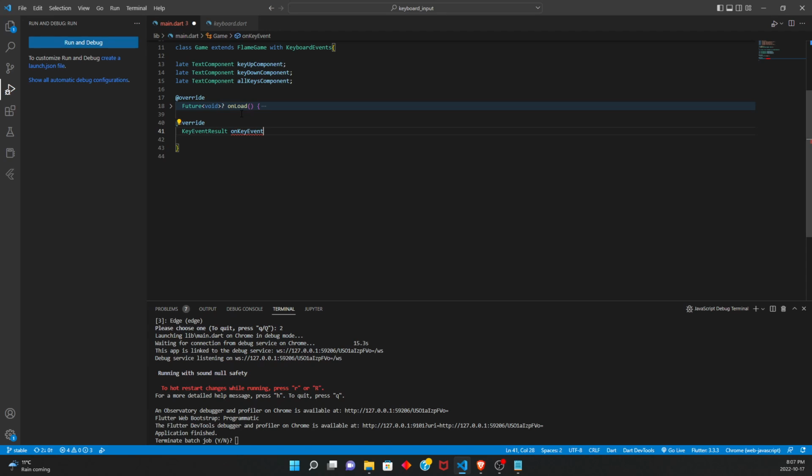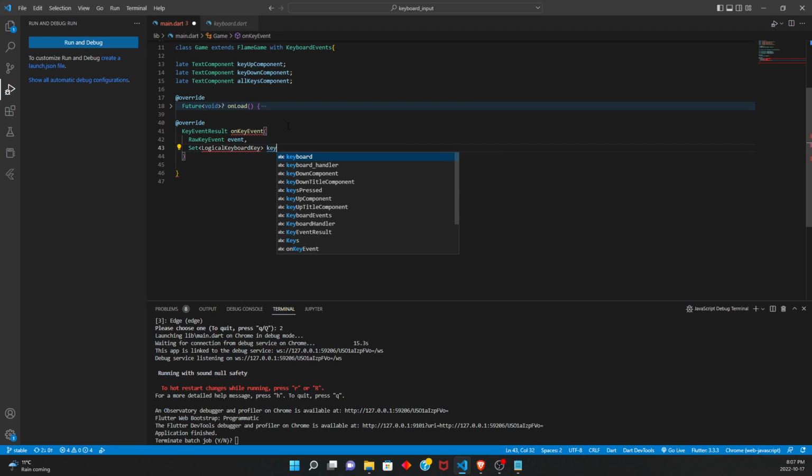It may autocomplete for you if you just write onKeyEvent and press enter. But in case it doesn't, then we're going to want to create this with a RawKeyEvent. And these are the parameters called event, and a set, which is like a collection of logical keyboard keys. And that may not import by default,